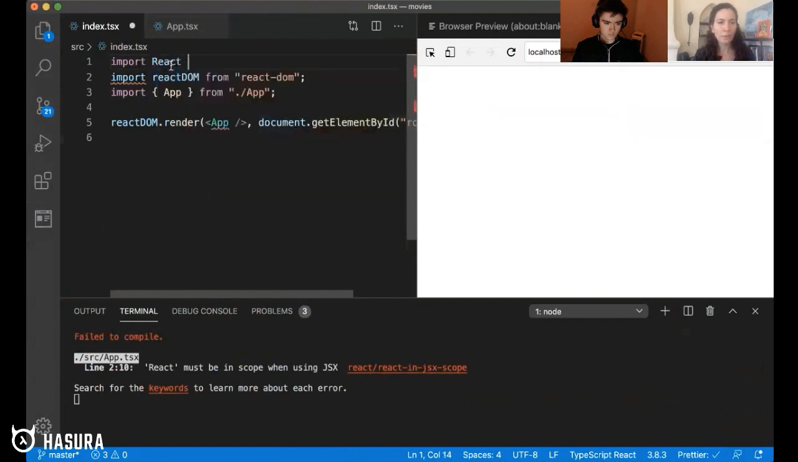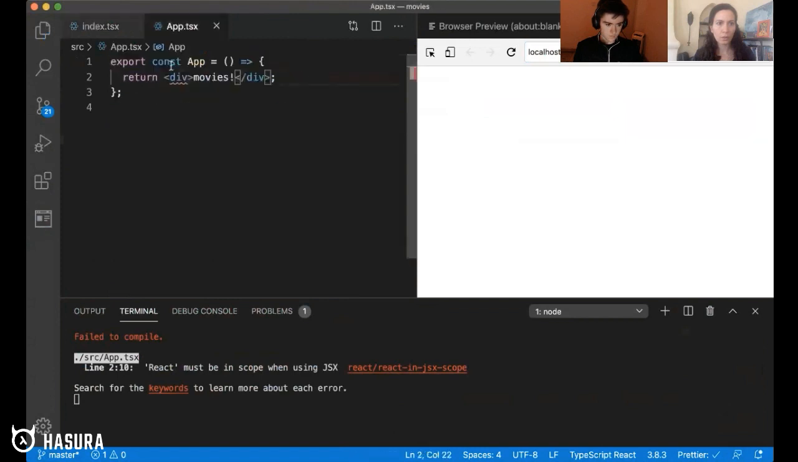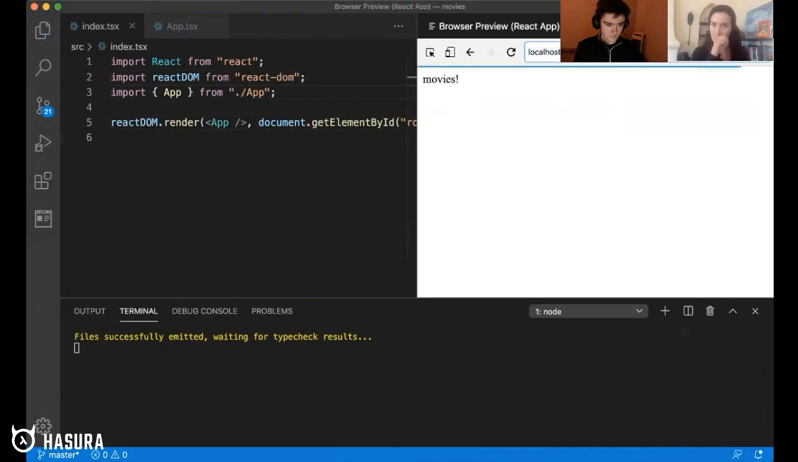Wasn't it the default import? Yeah, you can do that as well. That should work, or no? Do I have to do star? Yeah, and we just want to do that in the other file as well, app.tsx. It works. Cool. So if we go back to the app.tsx file,